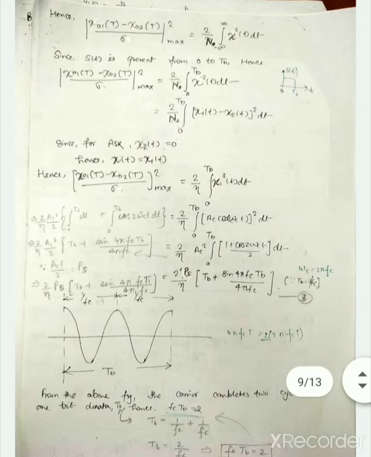Now let us solve the RHS of this equation, that is 2 by N0 integration of x squared(t) dt. Because we know that each bit exists for a period of TB duration, every bit will exist for a period of TB duration, so we can change the limit of this integration from minus infinity to plus infinity to 0